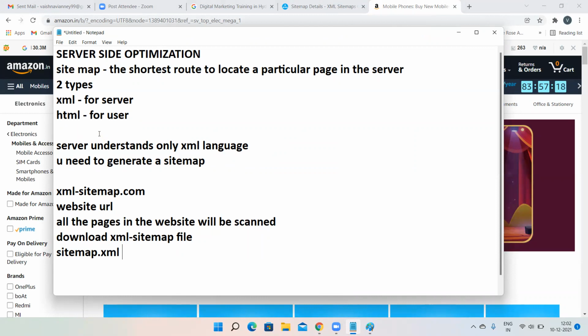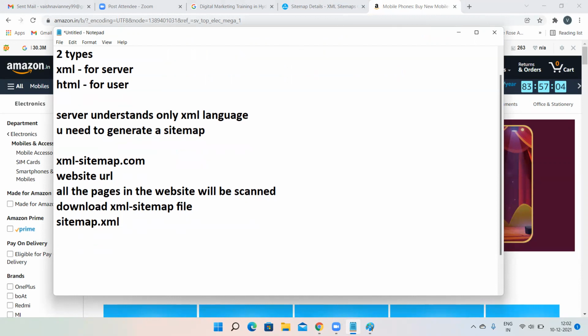You have to remember XML sitemap. That is how to generate a file, and make sure you name that file as sitemap.xml. Do not give your own names over here. Now, coming to